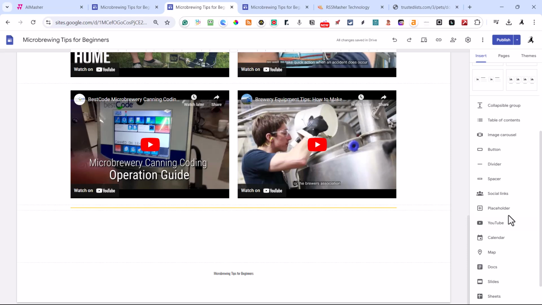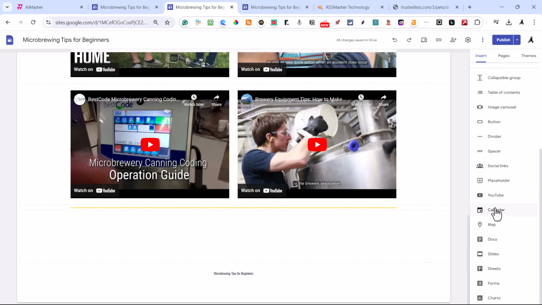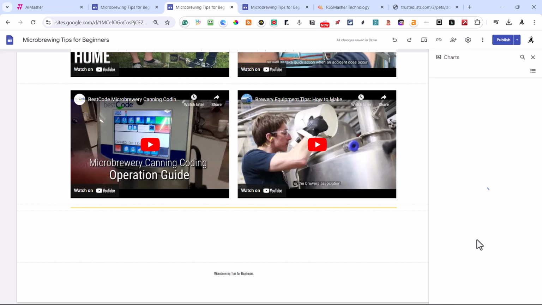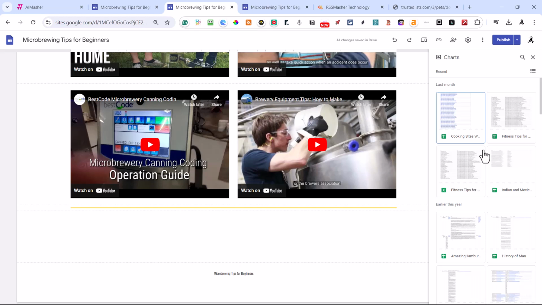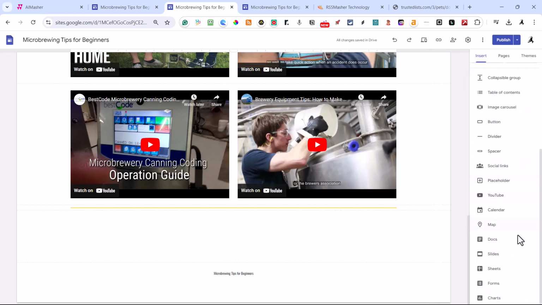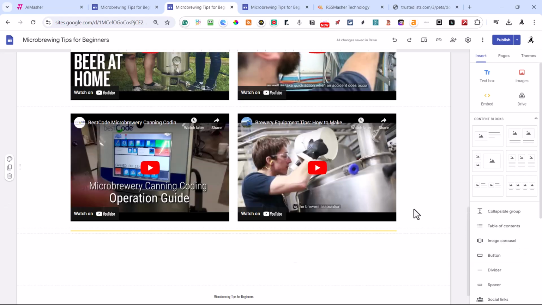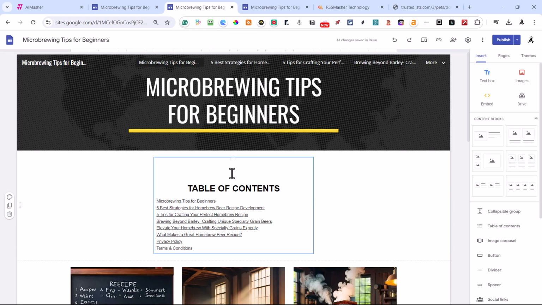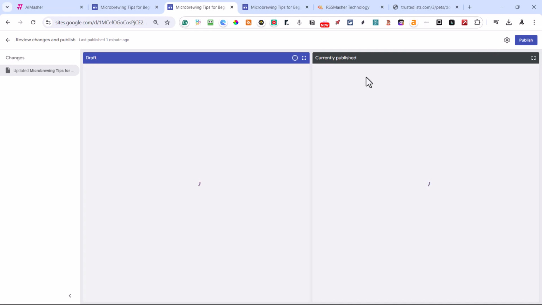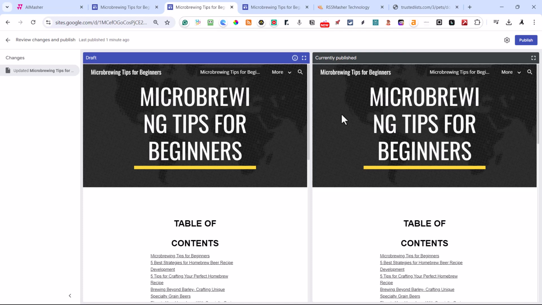I'm just going to hit cancel. We did YouTube videos, but this is a Google Calendar, Google Maps, Google Docs, Google Slides, Sheets, Forms, Charts, everything. So you can see I've got a bunch of Google Drives I can put in there as well. And all these Google properties can be interlinked together. This is the beauty about doing this, okay? Now this was just a home page and I only fixed up one page, but you would spend maybe a little bit of time the first time around to clean up the pages once they're already published. Or if you don't, just leave them, let them go.